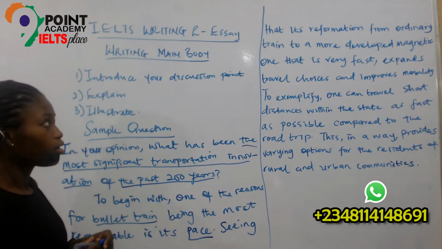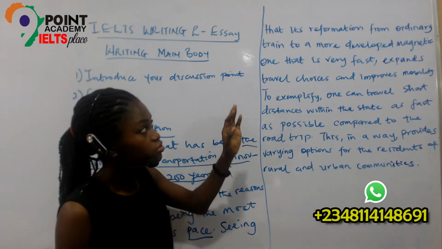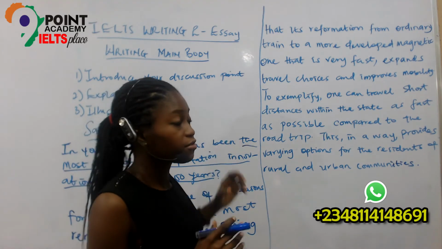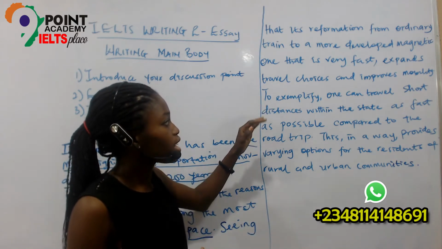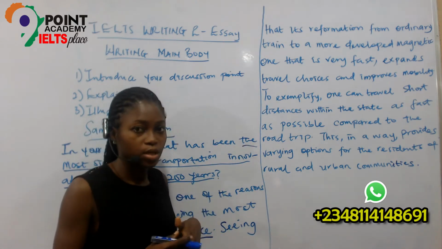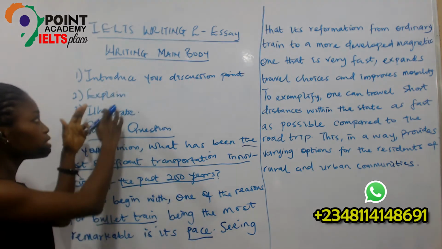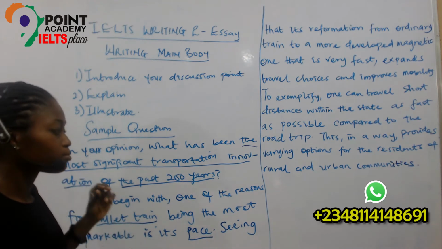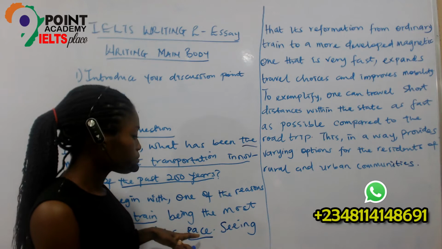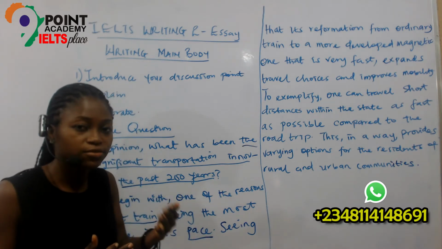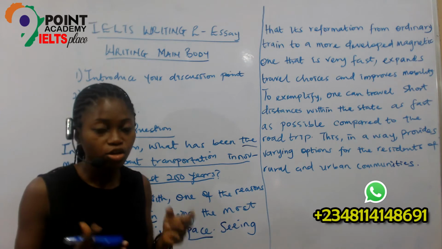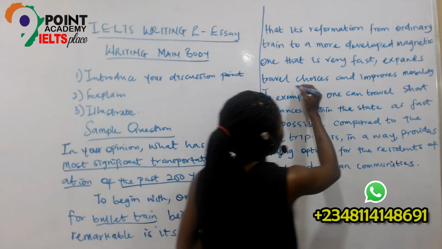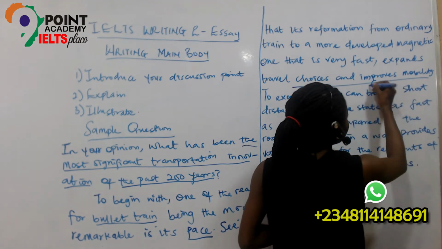Now, you have seen that its reformation from ordinary train to a more developed magnetic one that is very fast, expands travel choices, and improves mobility. What I did there was to explain the pace of the bullet train. Note that when I was explaining the pace, I did not give a dictionary definition of pace or fast. You don't need to. It's not really needed at all. Now, here you have the explanation